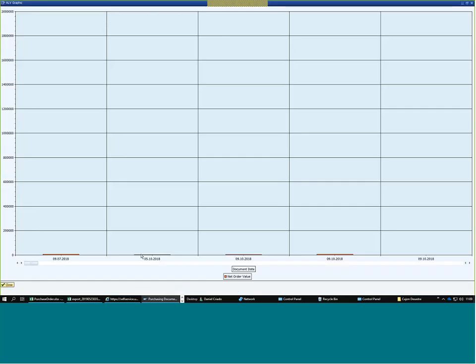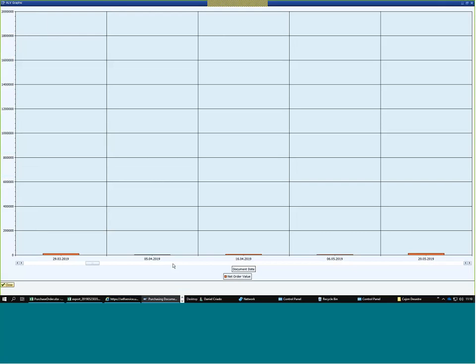Like that. I scroll to the right and I will see the net value by each of the document dates, so net value by all the dates that I have in my records. Instead of document date, you can use some other columns together with net value, because you have to have a figure or a number in your graph. By material group, for example. Click on the graph,